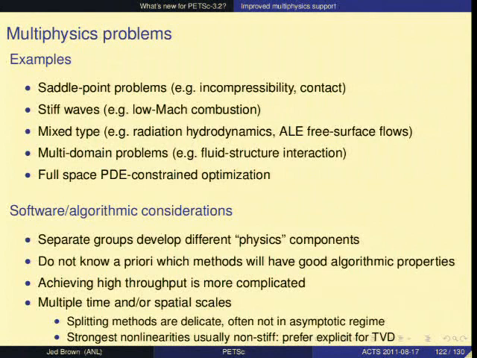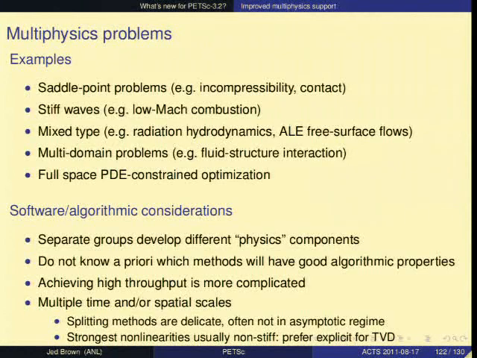There are sometimes multi-domain problems or just problems of very mixed type. You combine radiation with some hydrodynamics, which is a very different process, or fluid structure as well. Almost any PDE-constrained optimization problem, even if it's a single physics problem, has a lot of these same attributes.